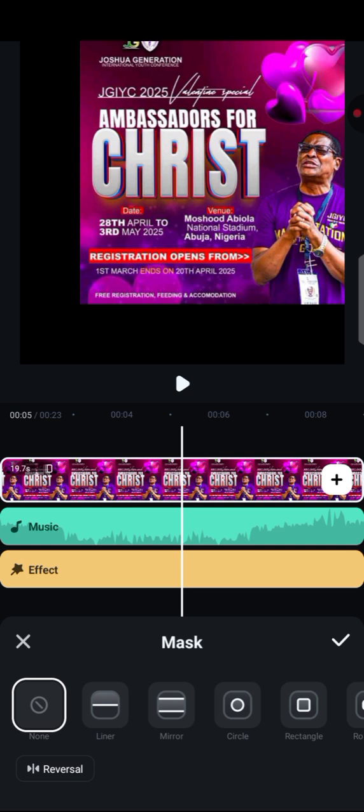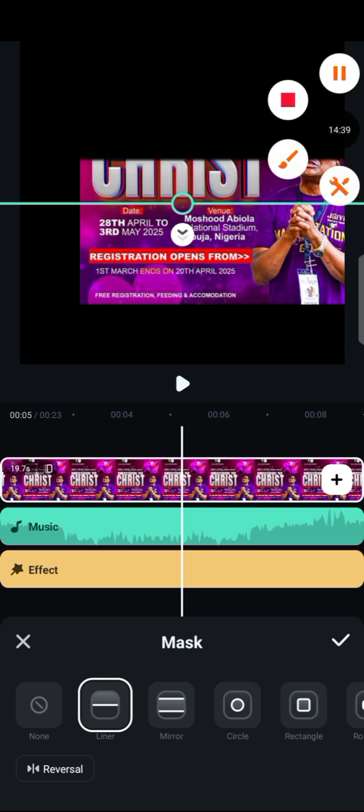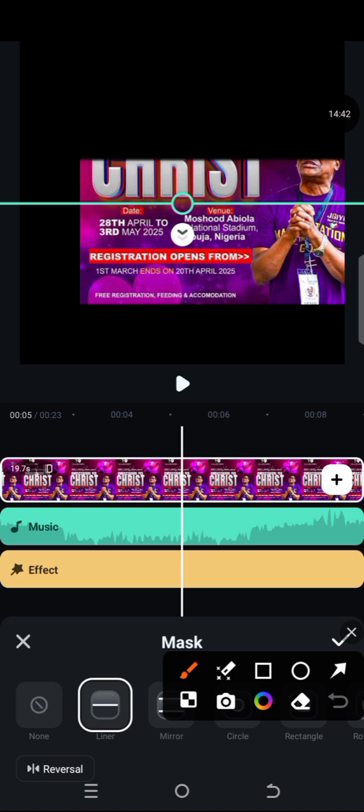You can use linear and you can use mirror. For example, if I use linear now, you can see that the first part here has no picture, while the second part, the downward part, has a picture. So assuming I've selected two pictures,